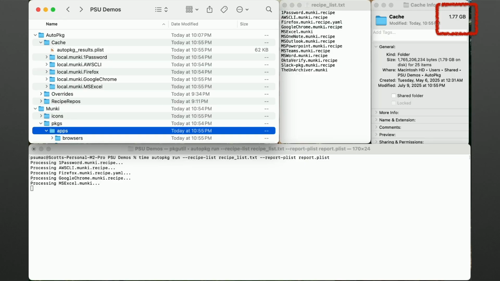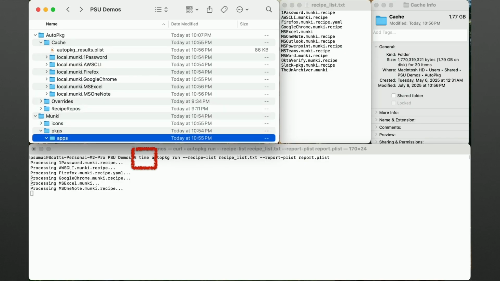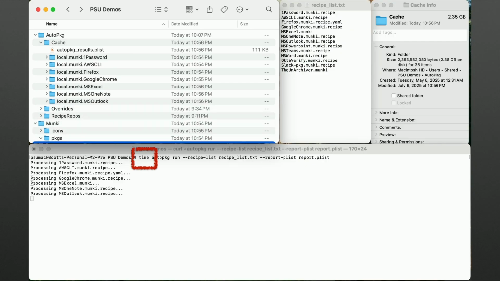So, we have a little bit of time, which I guess speaking of, I forgot I made this slide as well. I made sure to run this with the time binary so that we actually had output on the screen of how long this takes, because it feels like forever. This recording also is in real time. I didn't want to speed it up. I wanted you guys to feel just what this takes. This is only 13 recipes. Most of us have automated this. We don't see it day to day.